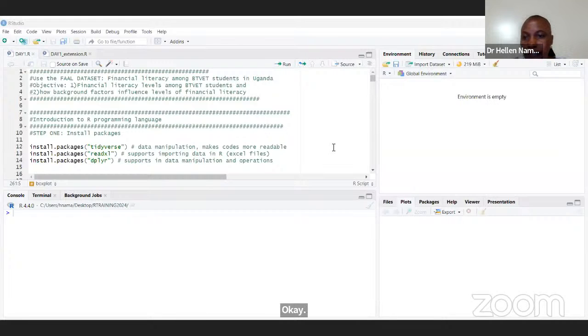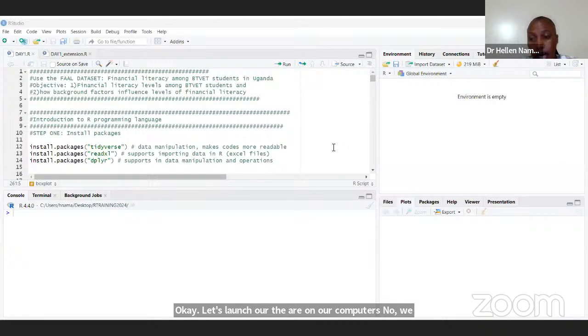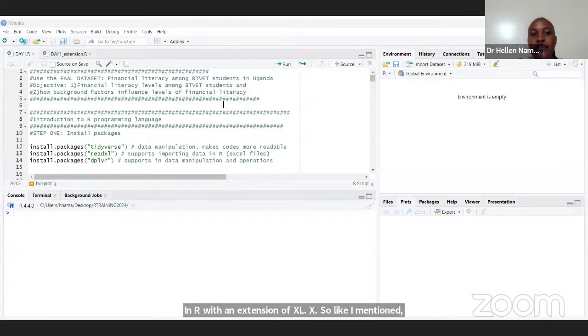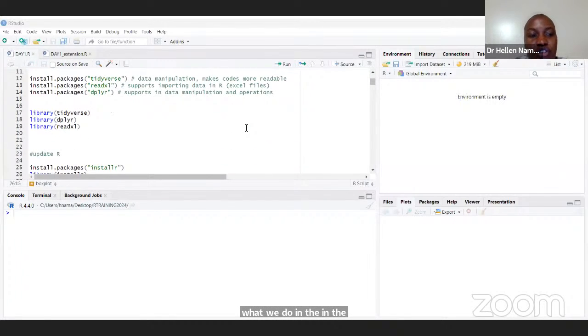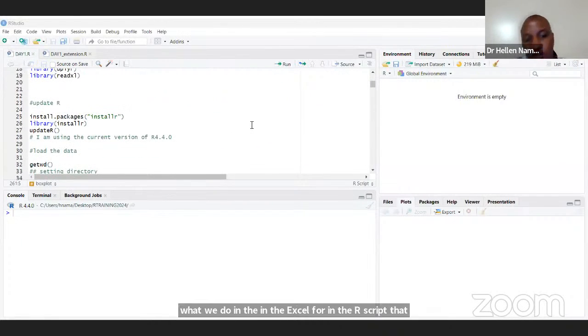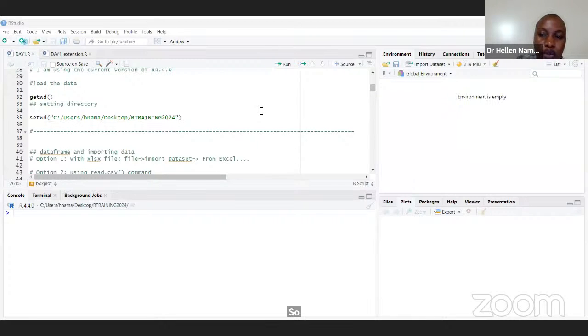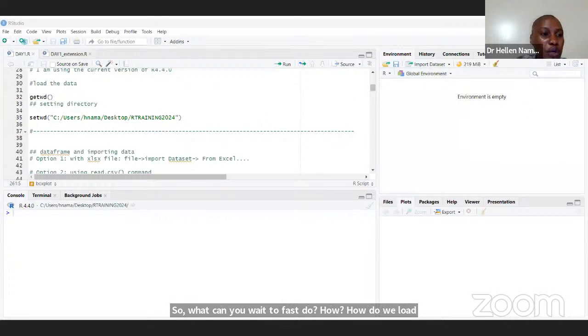Let's launch our R, the R on our computers. Now we are going to see how we import our data set in R with an extension of XLSX. Like I mentioned, in the R script that I sent, there are different illustrations that we looked at yesterday, so you can try to follow some. What we are going to first do is load data, especially if we are looking at the other extension. So we go to File,